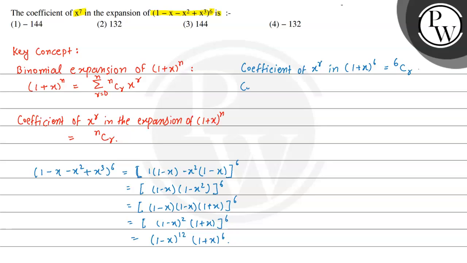Similarly, the coefficient of x^r in the expansion of (1 - x)^12: here x is replaced by -x, so we will write this as (-1)^r times 12Cr. So we have to find